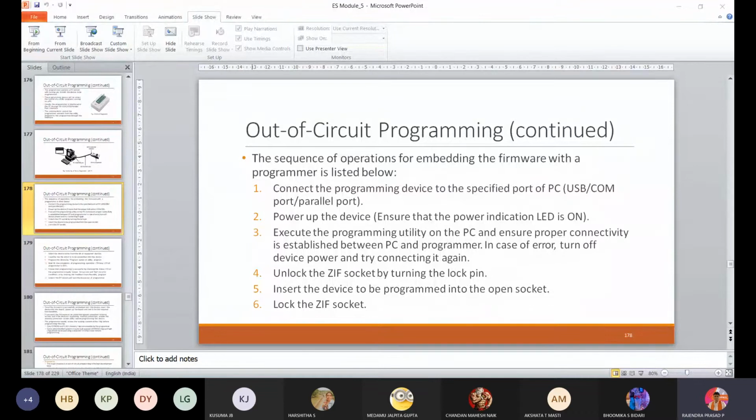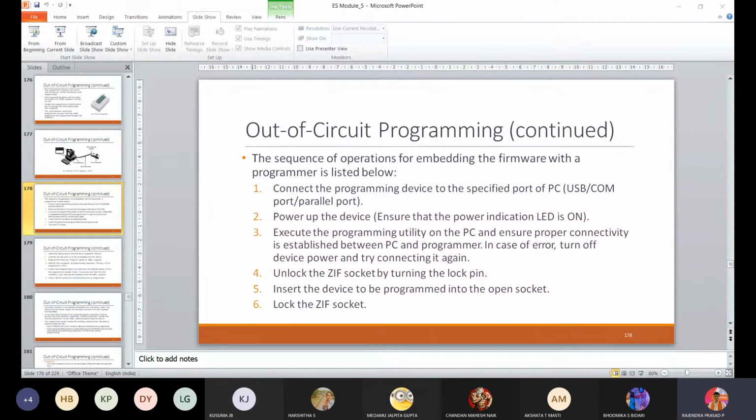The steps he has written here are: connect the programming device to the specified port of the PC, power up the device, execute the program, unlock the socket, insert the device to be programmed into the open socket, and lock the socket.